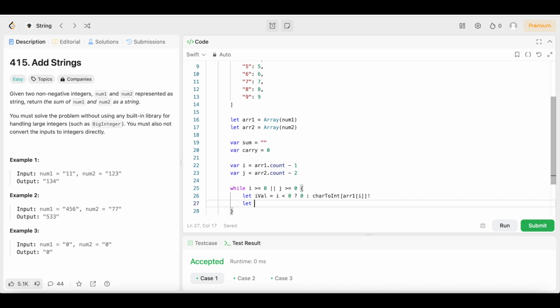Then we're going to do the same thing. We're going to say let J val. So we're going to do the same thing for J. We'll say let J val equal J. Then we're going to say less than 0, question mark, 0, colon, char 2 int, R2. Open up the array brackets. We're going to put a J inside this time, and we're going to put an exclamation point at the end